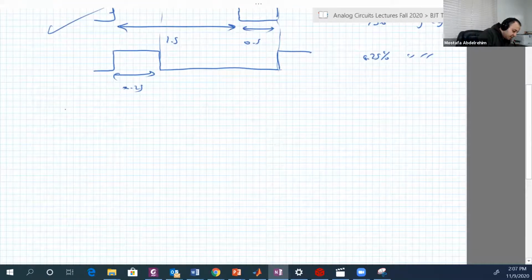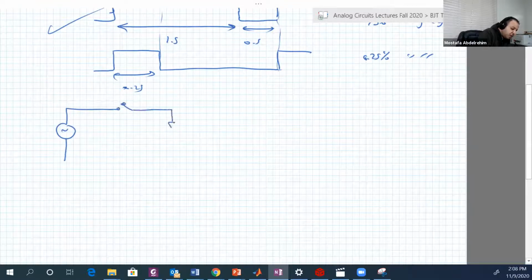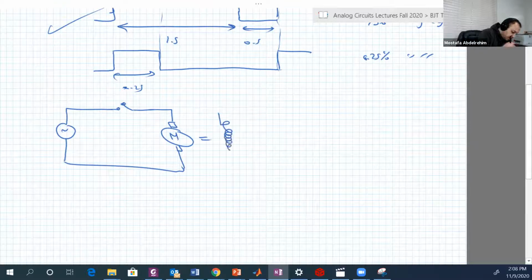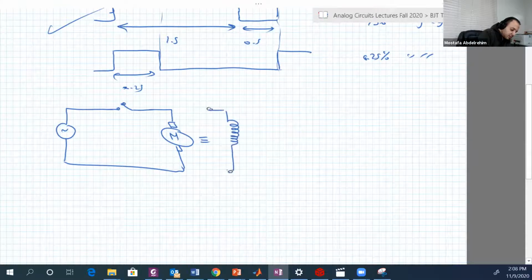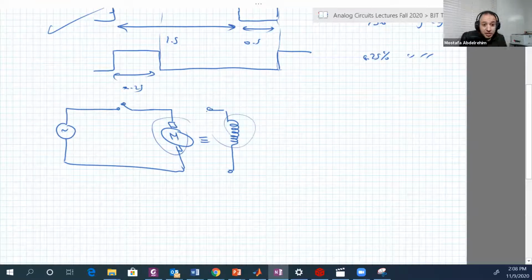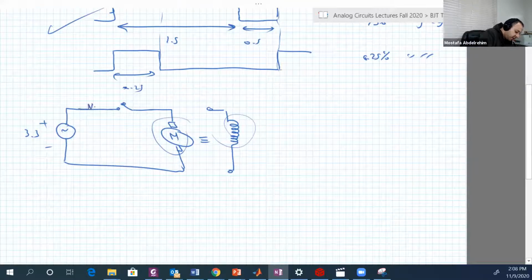So basically now, if you have a source like this, I have a switch, and you have here your motor. This motor is just a coil, which is a really bad coil here. You can just imagine that this motor is just a coil. One property of the coil is that it can't change its current instantaneously. So if you have a battery here, let's say 3.3 volts, and some resistor, whatever, when you close the switch,